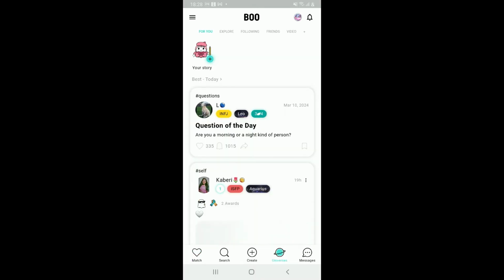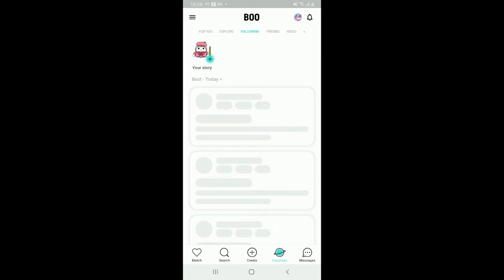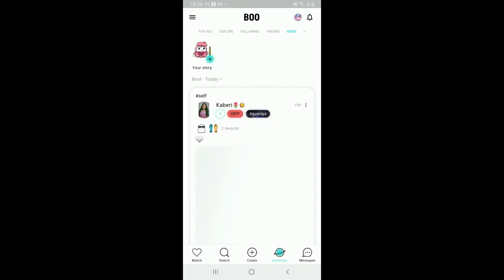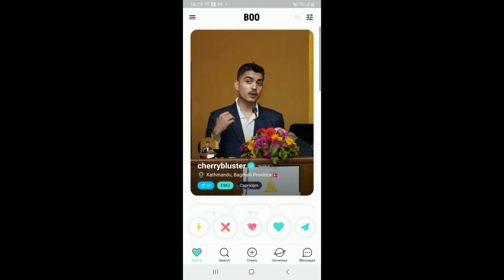From the Universe tab at the bottom, you will be able to discover the For You page, Explore page, Friends list, Following list, and much more. You can also add a story for your account by tapping on your story and choosing one of the story contents you would like to add to your profile. But remember that in order to like someone or start a conversation, you will need to finish setting up